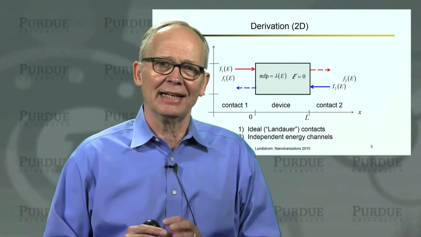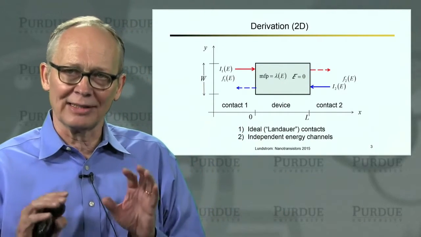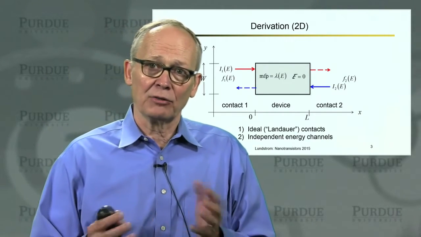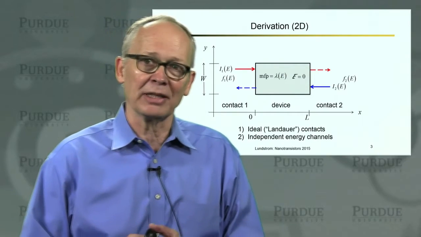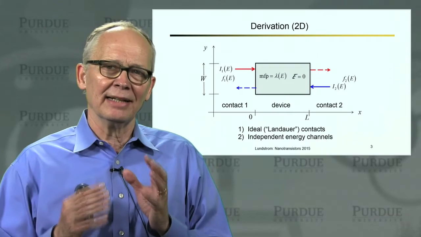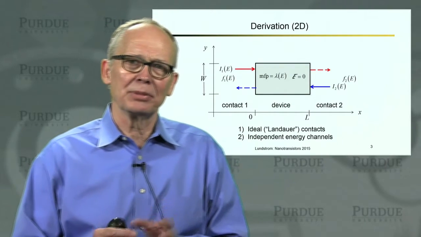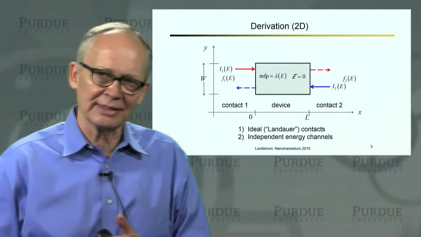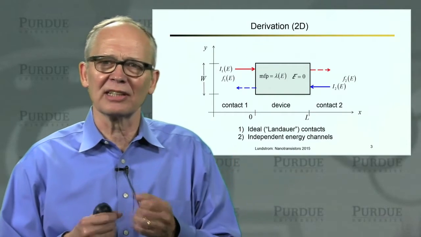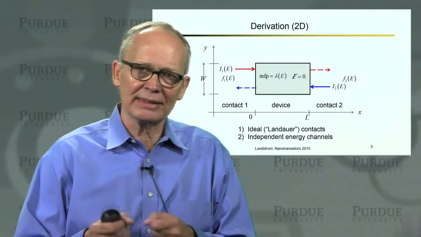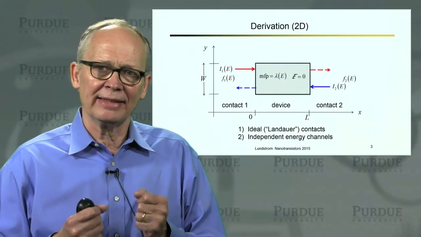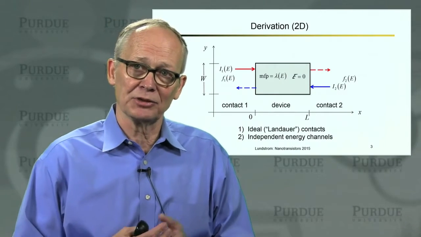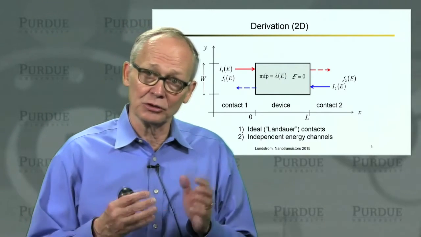We have these ideal contacts, which I may from time to time call Landauer contacts. The contacts maintain thermodynamic equilibrium. Now, of course, you know that when current flows, we don't have thermodynamic equilibrium, but we're going to assume that these contacts are so large that they only need to be perturbed an infinitesimal amount away from equilibrium in order to carry whatever current flows through this nano device. We're going to assume that there is lots of inelastic scattering that mixes all of the energies and the momentums and maintains thermodynamic equilibrium in these contacts. So our Fermi function, which describes thermal equilibrium situations, is valid in those two contacts.